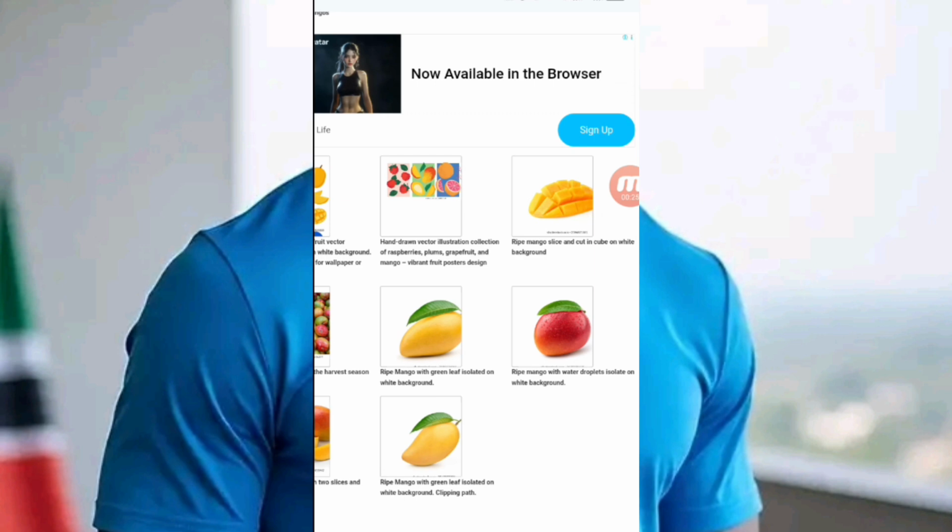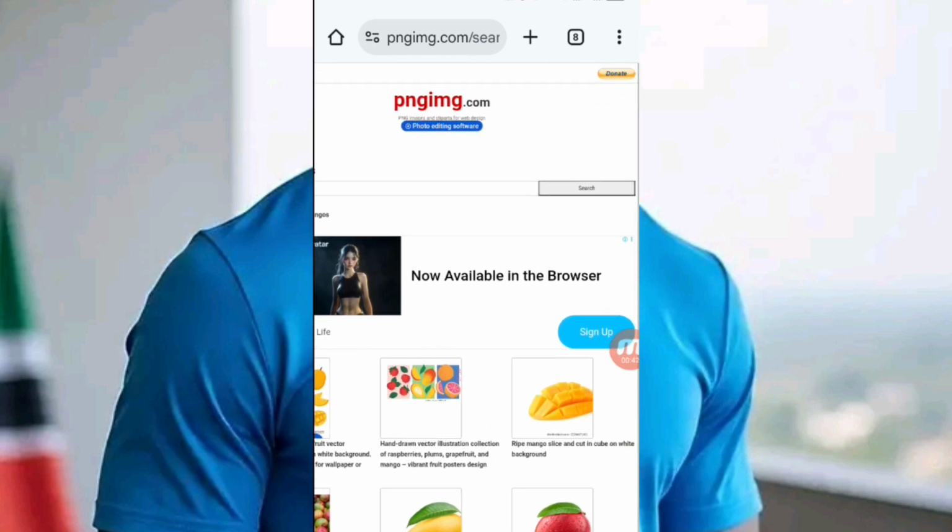What do I mean? I mean that this particular website that I'm about to reveal to you today will give you images that do not have background. As you can see, these images are images of mangoes. So the name of this particular website is PNG, as you can see,